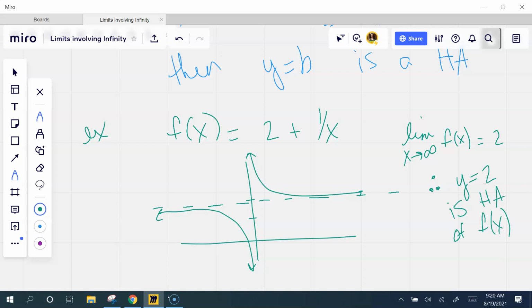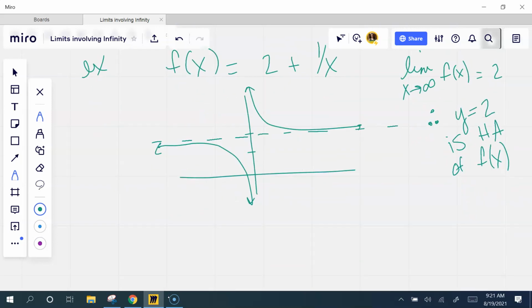Therefore, y equals 2 is a horizontal asymptote of f of x. Done. It is infinity. I only have to show it one way if I'm proving it. I could have said negative infinity, and I can do both of them. I was just showing you, for the sake of example, how we justify that there's an asymptote there.